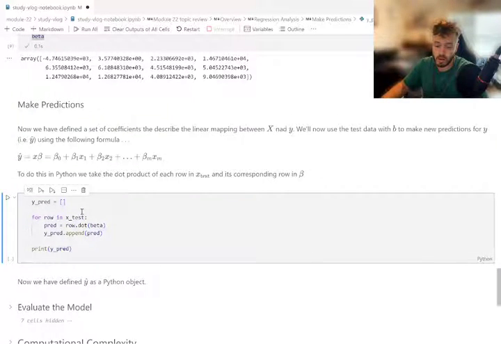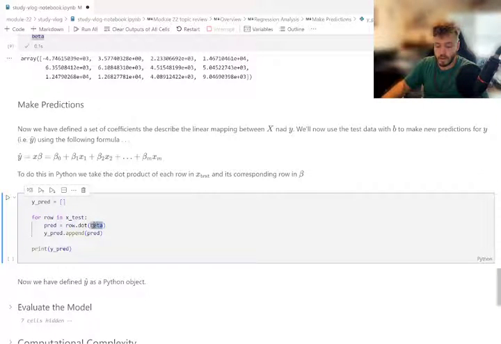So now we can use our beta vector to make predictions. We basically take the dot product. We go through every row in our testing sample, and we get the dot product of that row with the corresponding row in our beta matrix. So that's what this is. For every row in x test, we make our prediction using that row. So that's all 12 data points in that horizontal vector,